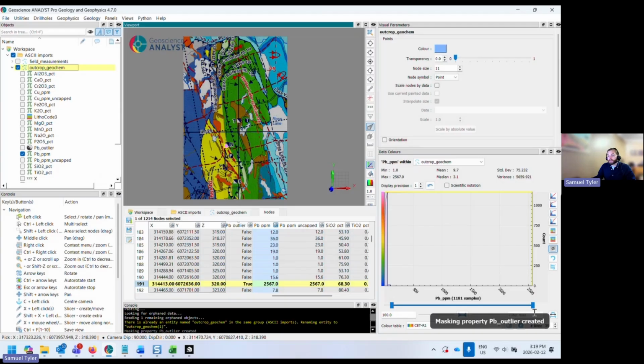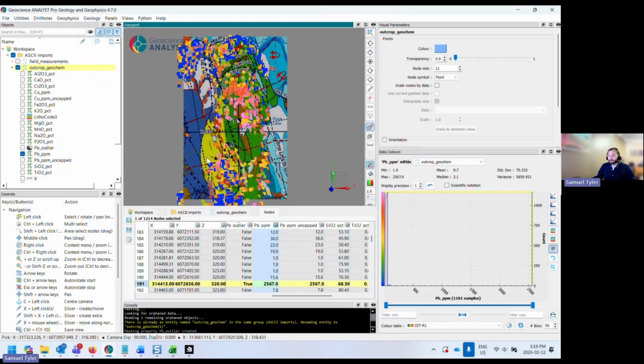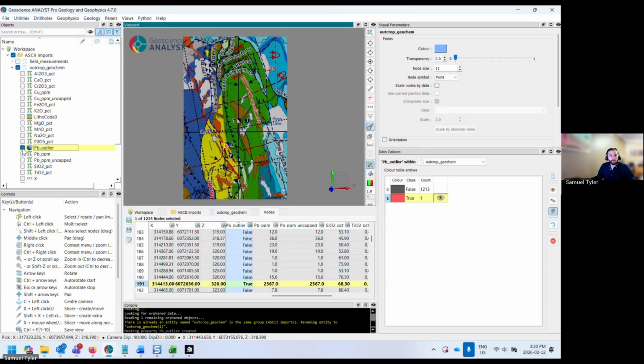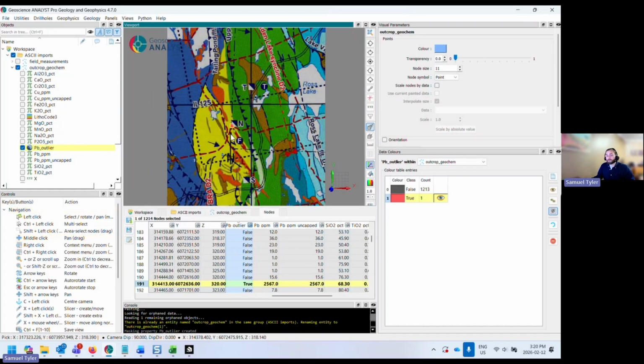So now if I reset that value filter, show all the points again, but toggle on the masking property that just got created. One thing, first of all, once you've got it selected, it looks like categorical data in your data colors panel. I've got false and true, and I've only got one true. So that should correspond with that one sample that we broke out. Now, if I tick that box on, just like previously when I had that filter applied, I can only see